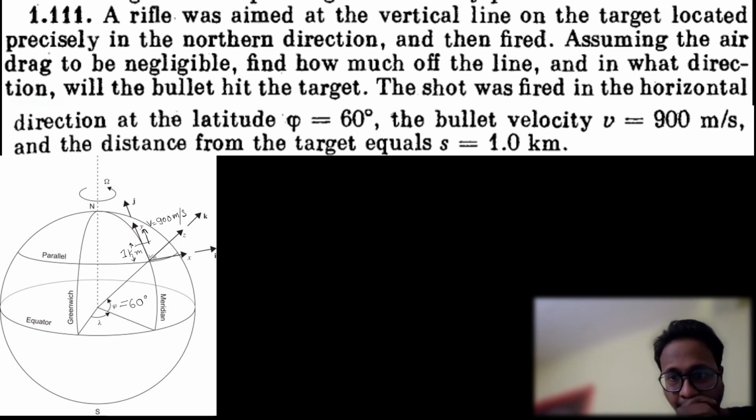Okay. The question is asking in what direction the bullet will hit the target. Earth is rotating with angular velocity omega. The angular velocity of Earth is omega. So if I observe from the frame of reference of Earth,